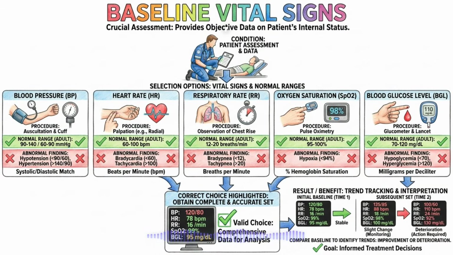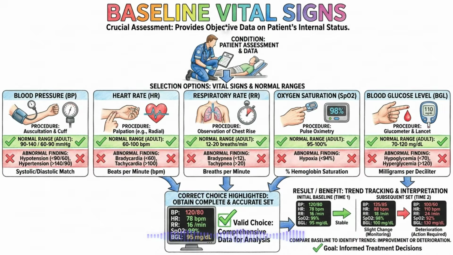You must not only know how to obtain these numbers accurately, but also understand the normal ranges for different age groups, as the NREMT will expect you to recognize abnormal findings instantly. Comparing baseline vitals with subsequent sets allows you to track trends, showing whether the patient is improving or deteriorating under